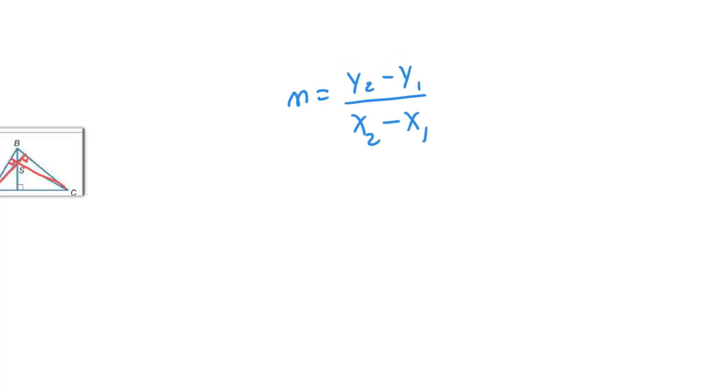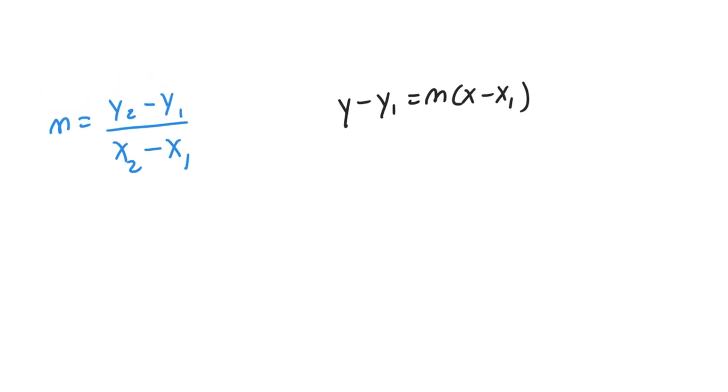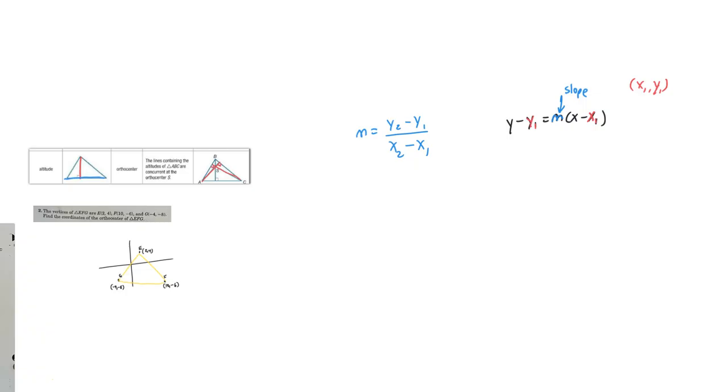Another concept we're going to need is the slope formula. The slope formula is this. Hopefully my student remembers that. That's another concept we'll need. Now, another concept that is probably going to be useful is this point slope form equation of a line. Okay, now in this point slope form, the m is the slope, and the red x1, y1 is a point that happens to be on the line of interest. So the plan